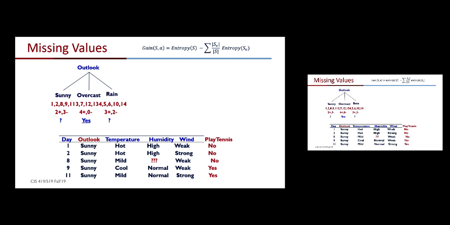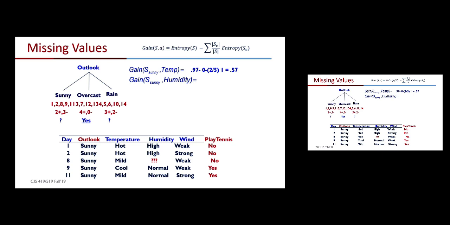We still need to compute the information gain. So we started by looking at this set S sub Sunny relative to temperature. We computed the information gain. I'm going to repeat the computation of information gain just to refresh your memory and make sure that we are all together. So I put the formula for information gain up there. You remember that we start with the entropy of the set, and we subtract the weighted average of the entropy